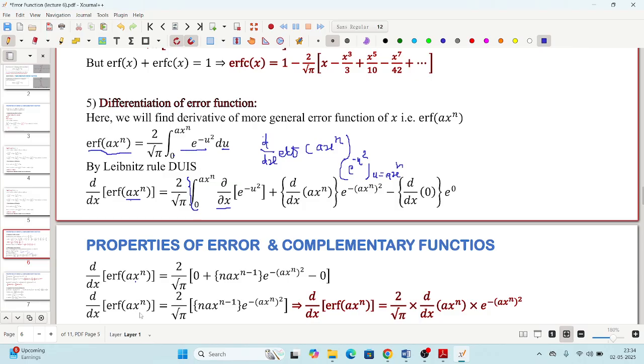So, for finding the derivative of the error function, there will be such simple questions, just applying the derivative on the error function. Minor changes will be there if it is an error function or a complementary error function. It will be given as a problem. You are applying DOIS rule 2. Accordingly, there will be a total of 3 terms. So just take care of this.